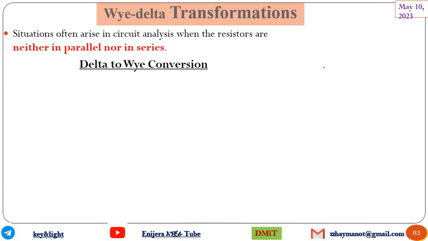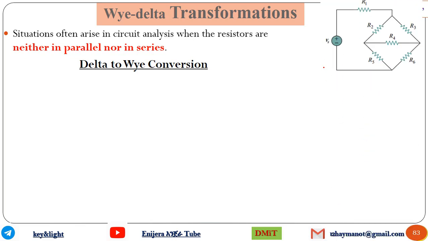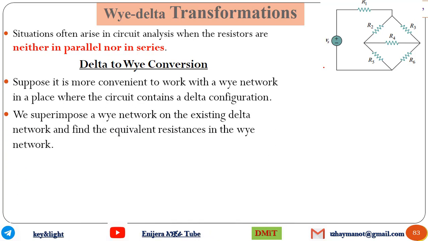ዛዘሪዝ ዴልታ ዋይ ትራንስፎርሜሽን ይሄ ደግሞ ሲሪየስም ፓራላልም ያልሆነ ኮምቢኔሽን ወደ ሲሪየስ እና ፓራላል የምንቀይርበት መንገድ ማለት ነው። Situations often arise in circuit analysis when the resistors are neither in parallel nor in series like this. For example, R5, R6, R4, R2, R3. Which type of combination is it? Neither of the one. ስለዚህ እነዚህን ትራንስፎርም ማድረግ ያስፈልጋል ማለት ነው።